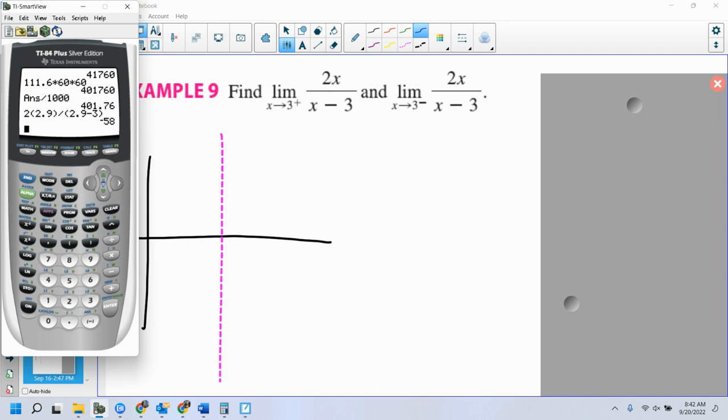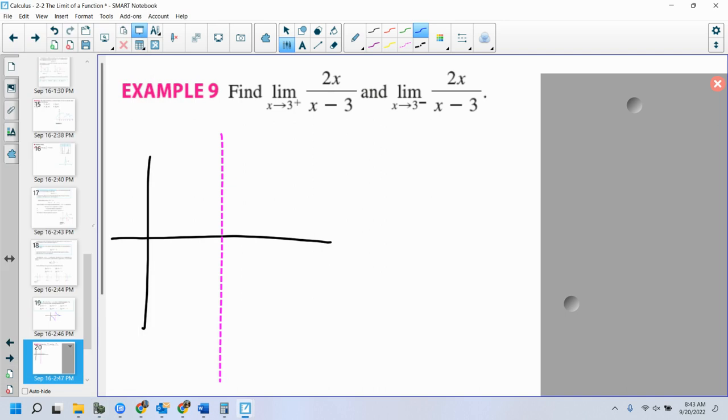Okay, what can you say on the left side? I guess I should run another value, but as I look at this, it looks like it's negative on the left side of the asymptote, isn't it? Right. Let's run another one just for good measure. I mean, this is something that you should do. Let's say 2.99. Let's insert a 9. Okay, yeah, that makes sense. It's going to keep getting even more negative, right? So that means I know at 3, it's going to look like this.